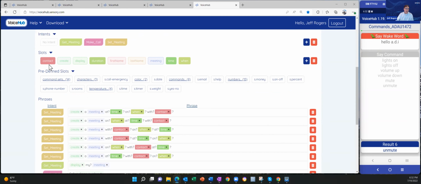So as an example, they've got contact, create, display, duration, first name, last name, meeting, time, when. So time is the actual time, like it's 6:32 right now. The when is the date. It's July 19th right now. First name, last name. So here